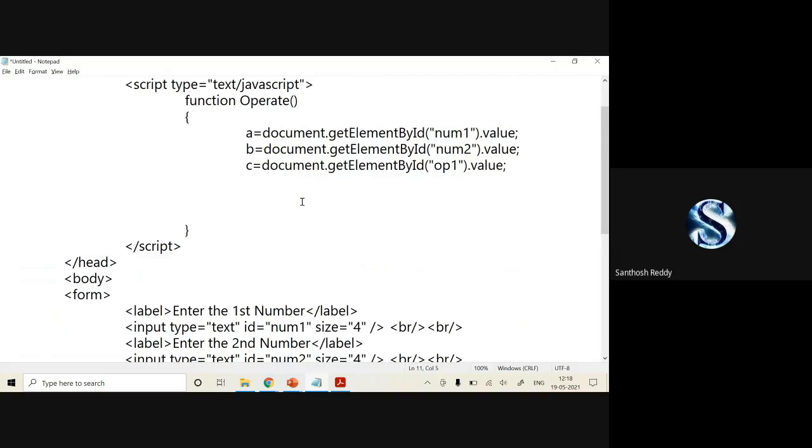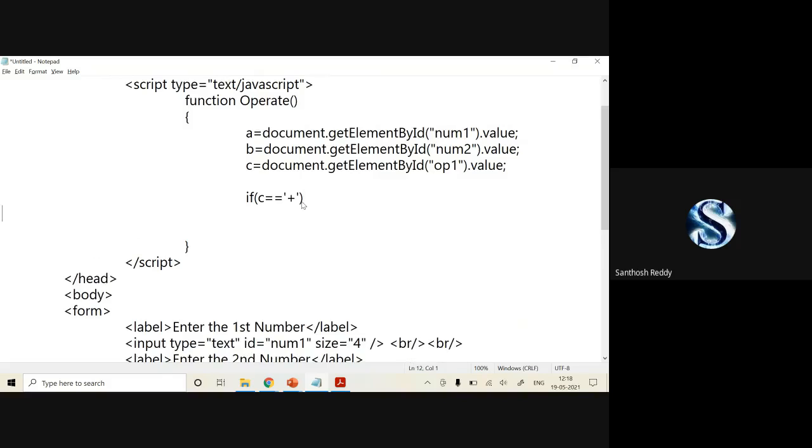This part I'll remove. Now how to work with if, in the sense, if C is equal to plus, you can write it here: document.getElementById of, I'll write it here, result.